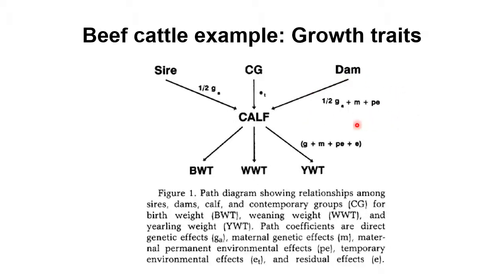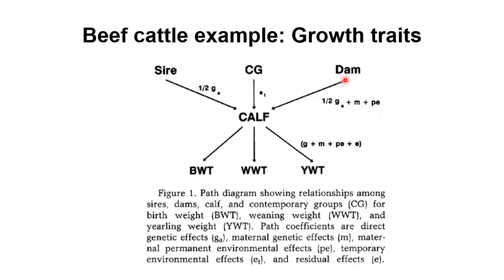So that is an extended model for a weight like weaning weight. Birth weight is also maternally influenced, weaning weight is maternally influenced, but yearling weight to a lesser extent. But this calf is also weighed within its contemporary group for all these different traits. So the deviation from its contemporary group plus the complex model with added random effects, maternal and permanent environment, plus